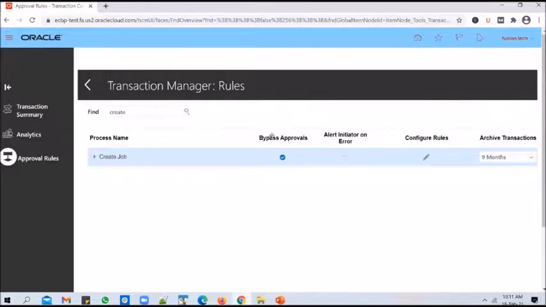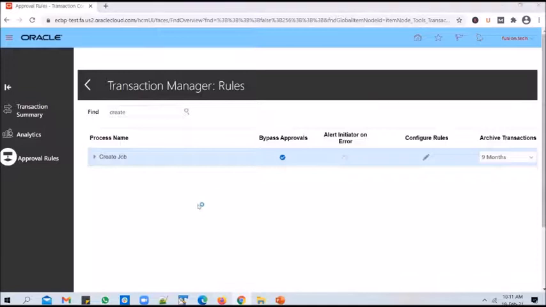This is called bypass approvals. And if this is picked or enabled, that means whenever you create a job in the HCM application, that particular transaction will bypass approvals, and a job will be created in the application.